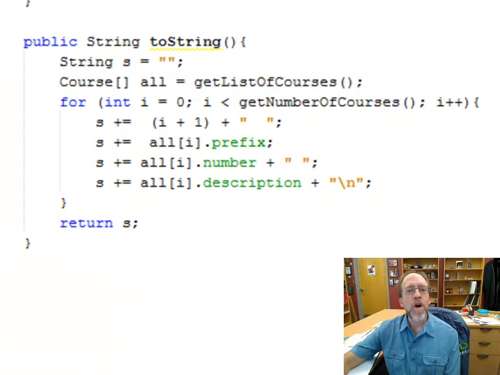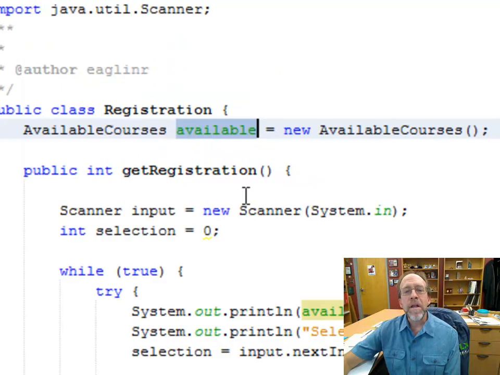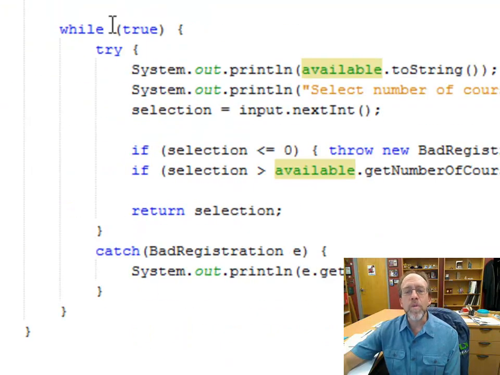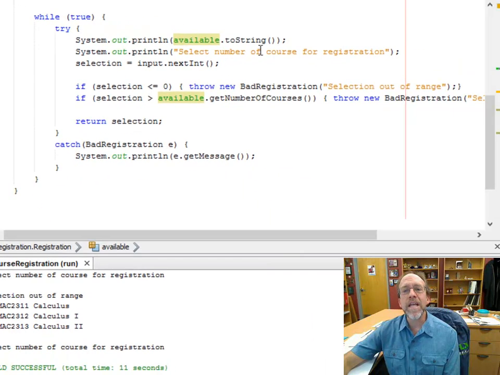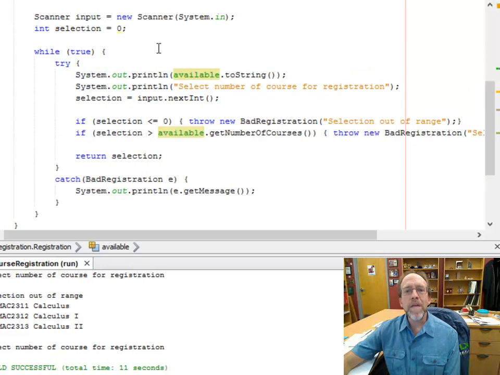Okay, well, let's go back over to my registration and see what's actually happening here. All right, so remember, I'm inside this while loop. It prints out the available strings. It says select the number of the course for registration, and then the selection is going to be equal to the input.nextInt. Whereas you remember, input is the scanner. Scanner input equals new scanner. A scanner allows you to get input from the user, and nextInt is going to always return the